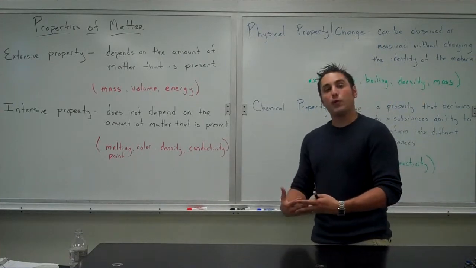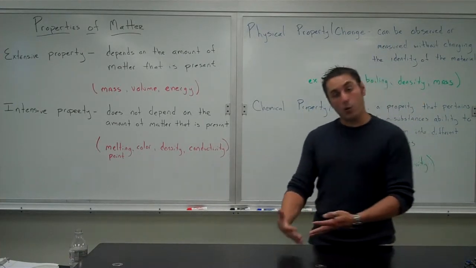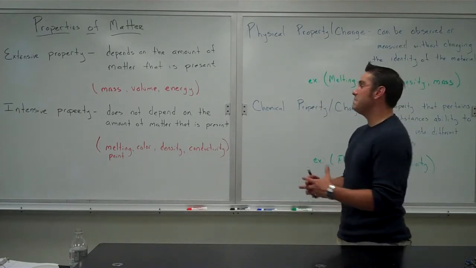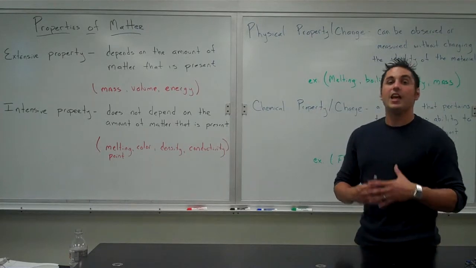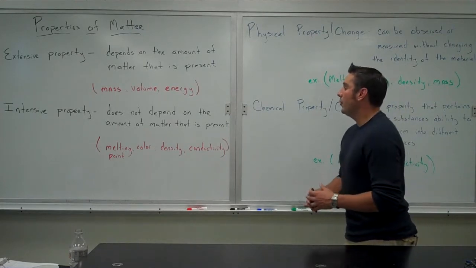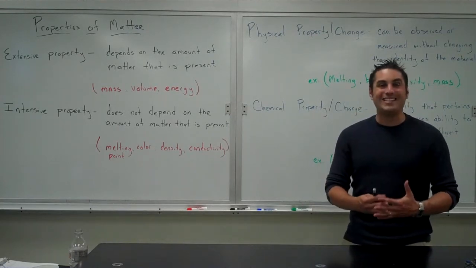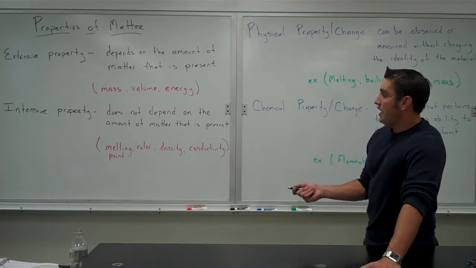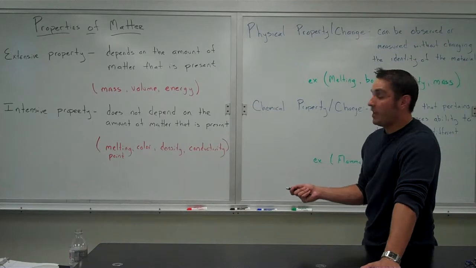They will both freeze at 32 Fahrenheit or 0 Celsius, because that is an intensive property. It doesn't matter how much of it there is, it simply matters what it is, the identity of the material. Other intensive properties include things like color,